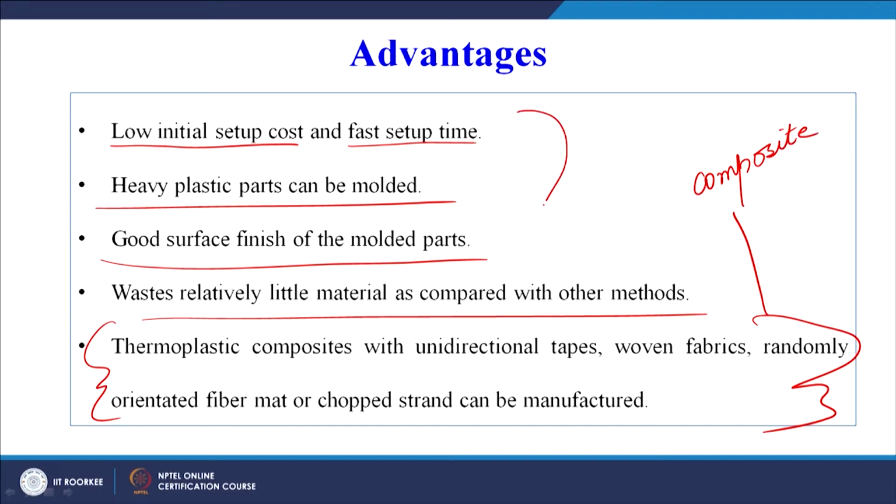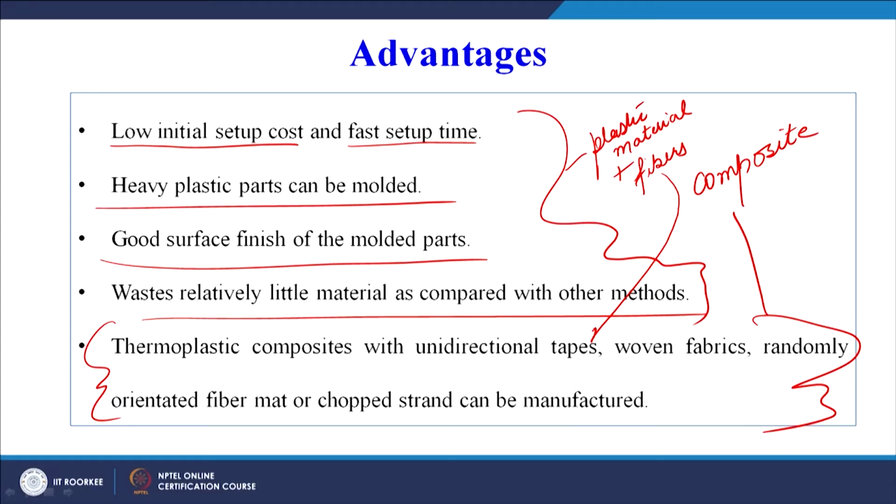All these points are relatively simple to understand because they only talk about the plastic material. But many times this plastic material may be reinforced with certain fibers, which may be available in the form of unidirectional tapes. They can be available in the form of woven fabrics, or randomly oriented fiber mat, or, the last form is also given, in the form of